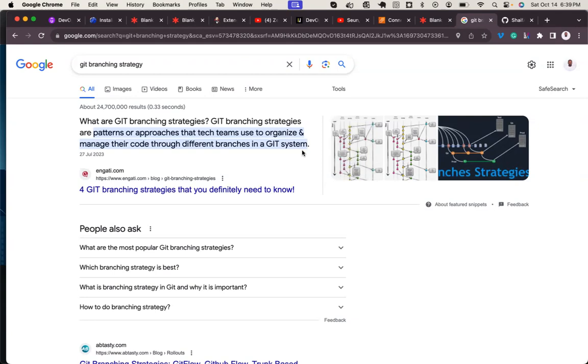It's a way of managing and organizing your code in different branches. They say they have 4 Git branching strategies that you definitely need to know. Underline the words definitely need to know. So let's right click and open this link and see.